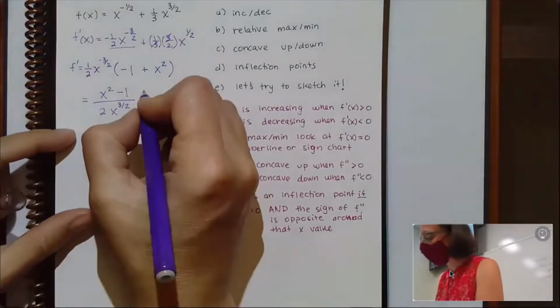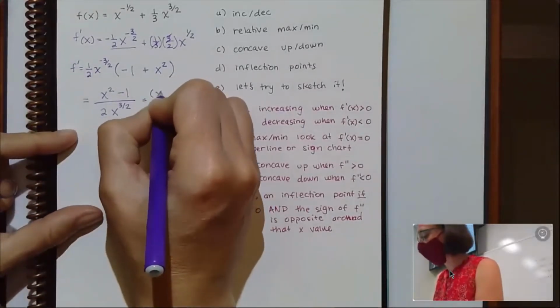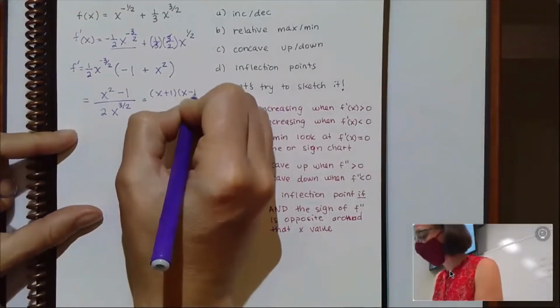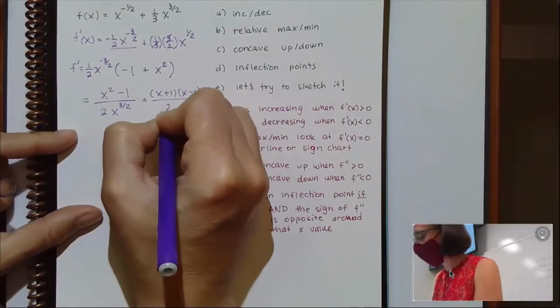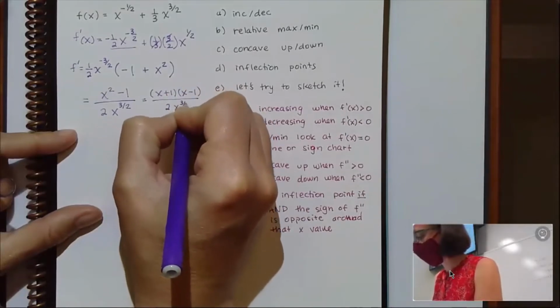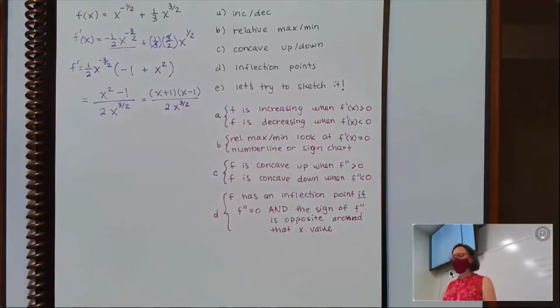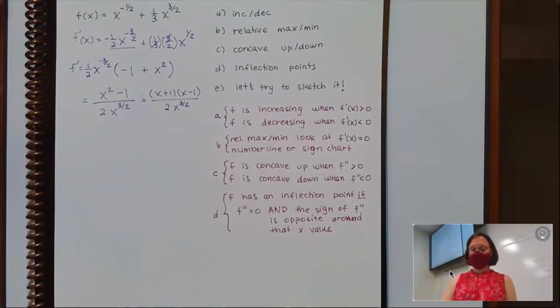So I know that for sure the top is going to factor. Can I have x plus 1 times x minus 1? And I've got 2 over x to the 3/2. This is really gross. I maybe gave us something too gross, but I looked at those web work problems and you had a really gross one too. So yeah, as an alternative path, if you didn't like the factoring thing,